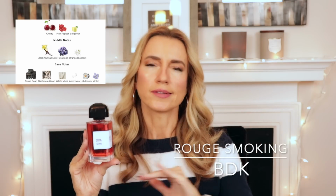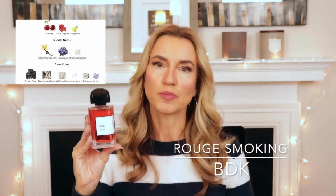As it dries down, the vanilla comes out more. It's not a sticky vanilla. It's not an overly sweet or cloying vanilla. It would be a gateway vanilla in my opinion, a little bit powdery. There's heliotrope in here. And the funny thing is that every single person who smelled this on me in my